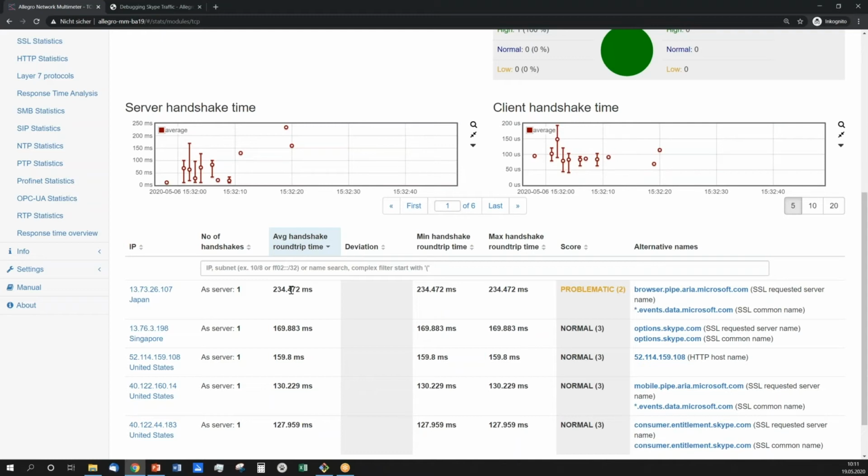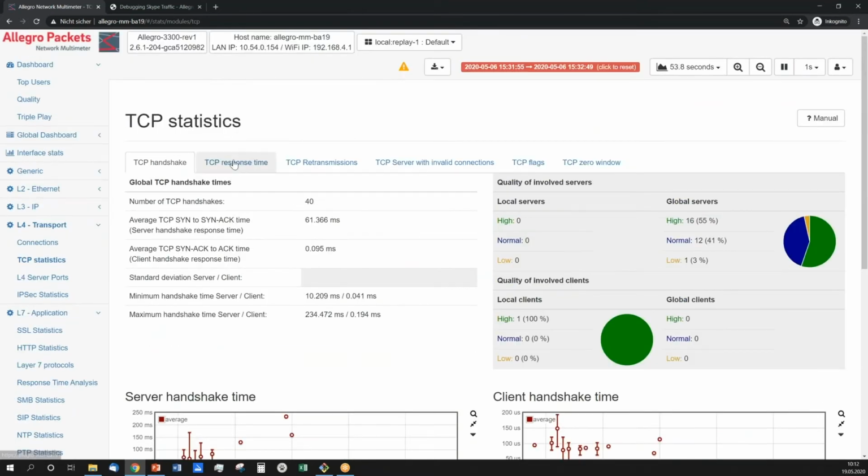And our internal database, we try to keep it up to date, but it's not very easy to have it updated on a daily basis. So here you can easily see where there are long round trip times. To give you a simple example, we had a German customer who complained about very laggy Skype connections. The reason was that, for whatever reason, they didn't get connected to the European Skype cloud, they got connected to the Asia Skype cloud. So all connections went to Asia and back.